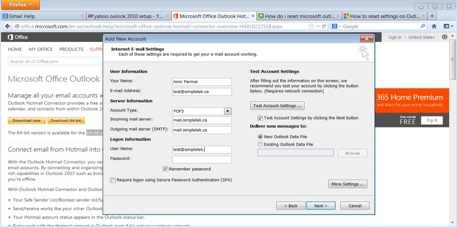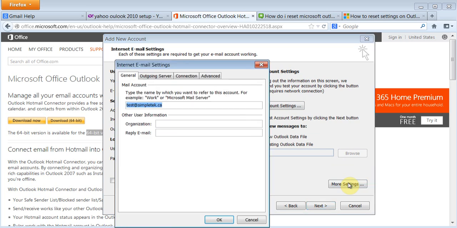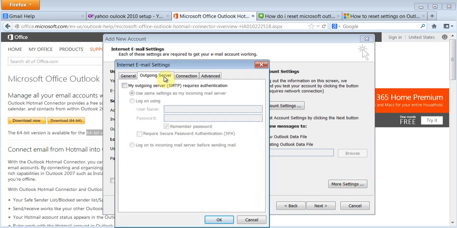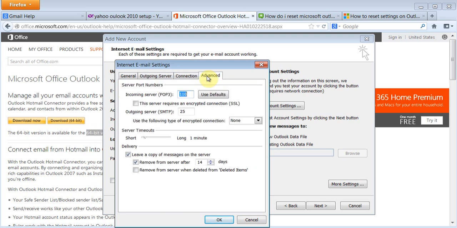Now you need to type the right things here, otherwise it will not work. And you can hit the test account settings, but usually you'll have to add some more settings. So I'm going to click more, and I know that I've looked into my account service provider, and I know I need to put a check mark here, because even if one check mark's not right, certain things may not work. And I can go to advanced, and I can change this number to